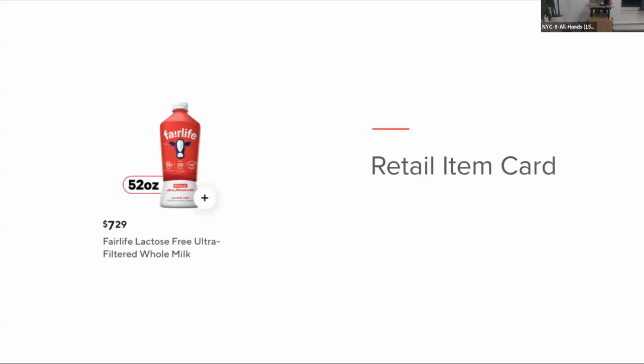But by the end of 2022, DoorDash was delivering much more than just your lunchtime burrito. We really wanted to bring everything in your neighborhood to your doorstep. So that meant things like retail or grocery items. So here we have this carton of milk, and this looks like it'll fit pretty nicely into our Lego structure. We have an image, some text. We have this stepper, which is what allows you to add the item to your cart or increment or decrement the quantity. And this can be a child component to our Lego, but it needs a lot of metadata to